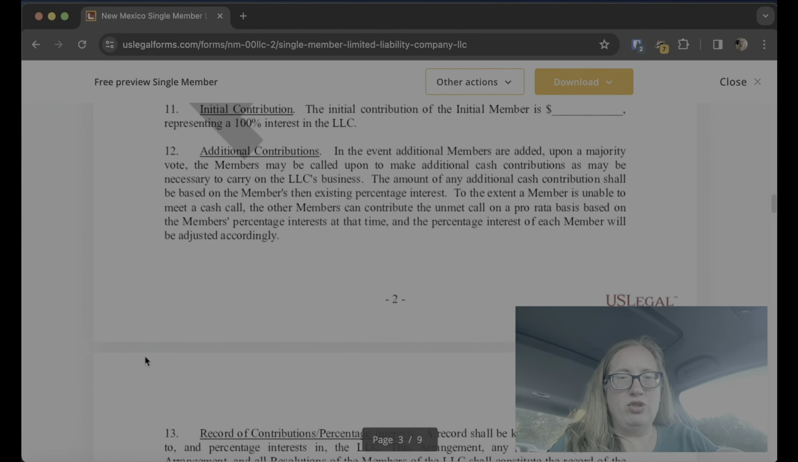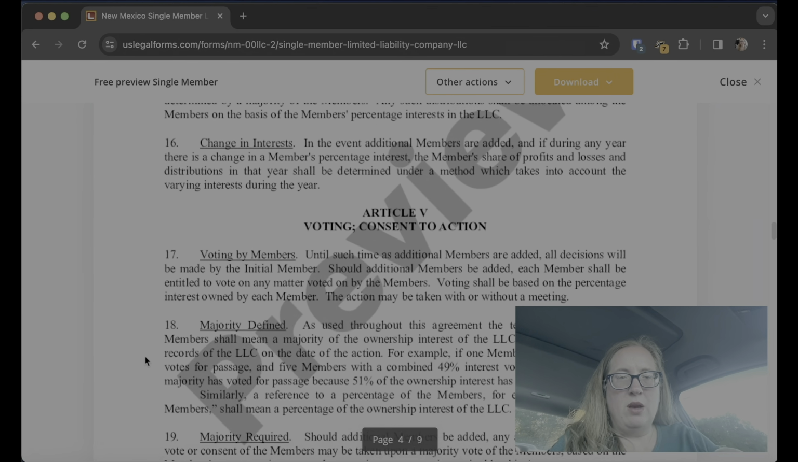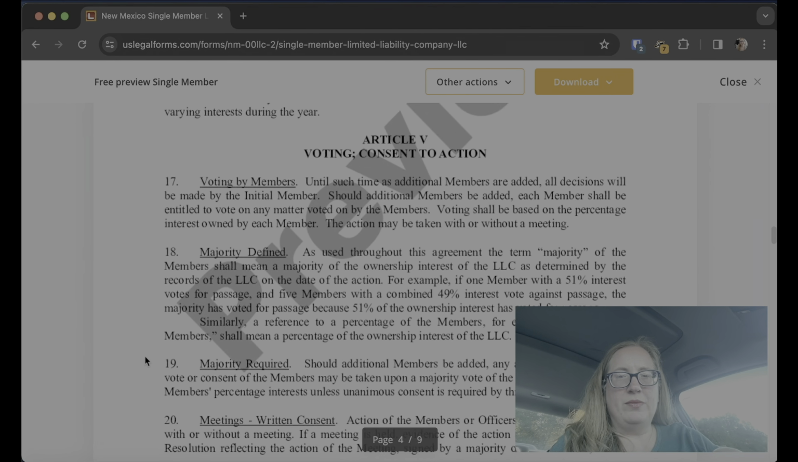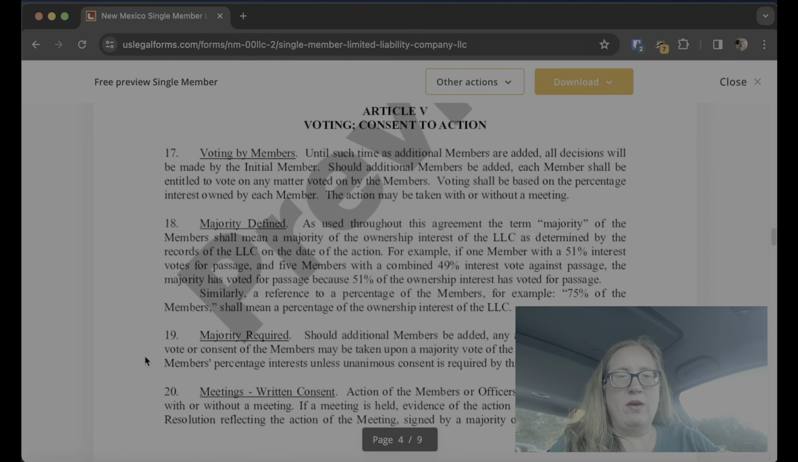If you have a complicated LLC, you can have one person be the actual manager, and you can even hire an outside manager to run it. The initial contribution to set up the business, profits and losses, all decisions will be made by the member. And for a single owner LLC, what I highly recommend is if you bring in other owners,